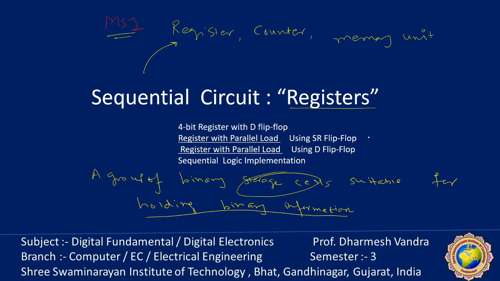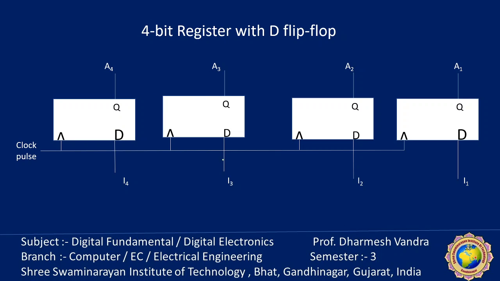First we will see a simple register with the D flip-flop. Then there is a requirement for parallel load and different control signals with the help of SR flip-flop and D flip-flop. And finally we will study the sequential logic implementation. So let us start with the first one. Various types of registers are available, and the simplest possible way is only flip-flops without any external gates. There are no external gates in the circuit, so this is the simplest one to understand how the behavior works.